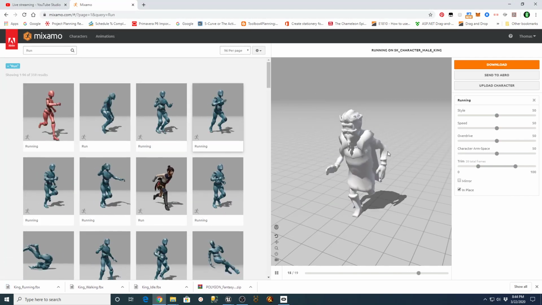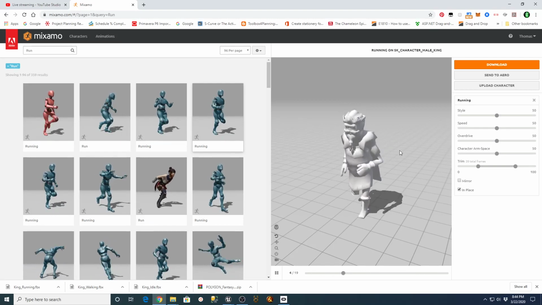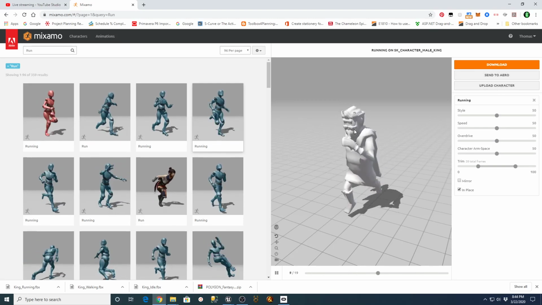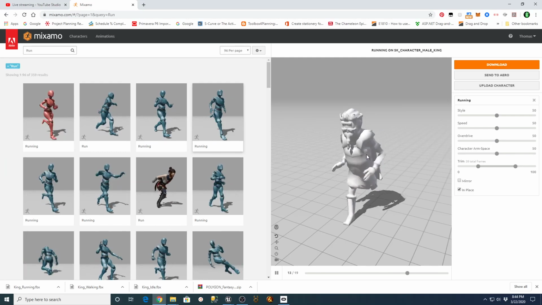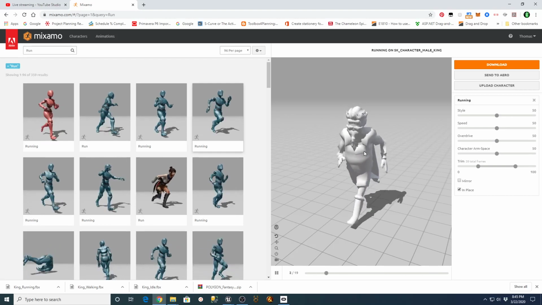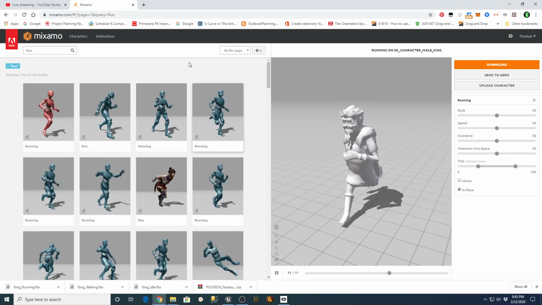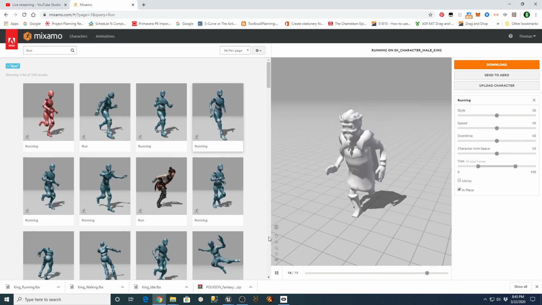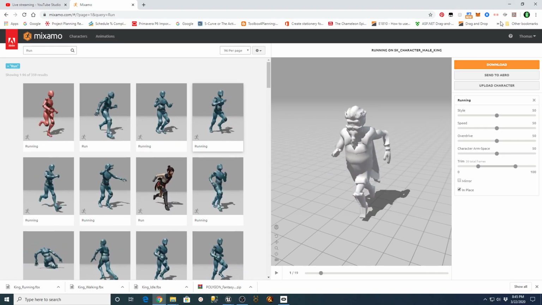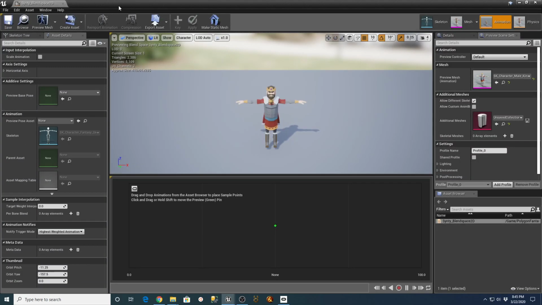And what should be possible now is, because I've used my Synty skeleton, and I uploaded my Synty skeleton to this and put those animations on that Synty skeleton, when I bring the individual animations in now, I should be able to assign them to that skeleton that's in the animation blueprint. So we're going to see how that works out, but that should be the net result of this. So I'm going to go out of here.